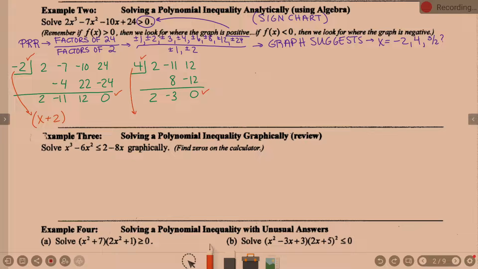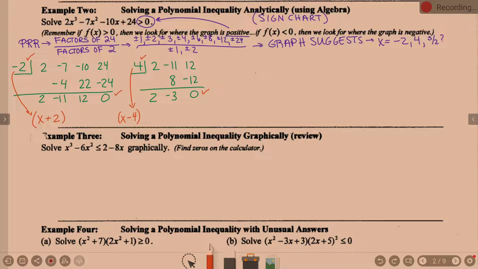And 4 represents what factor? X minus 4. So the 0 of 4 represents a factor of x minus 4. I'm going to scoot that over just a little bit, sorry. Now,